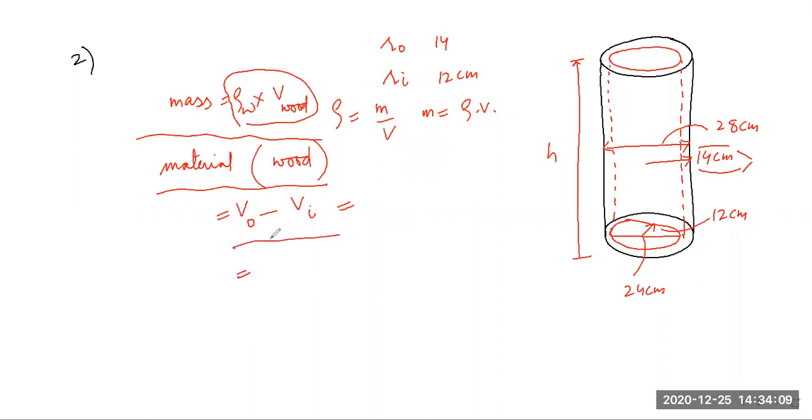One more trick I am giving you. Some students will find the volume separately. The volume of the cylinder is base area into height, that is pi r square h. So pi r o square h minus pi r i square h. Now what they will do is multiply pi and h in both cases, which will simply lead to waste of time.